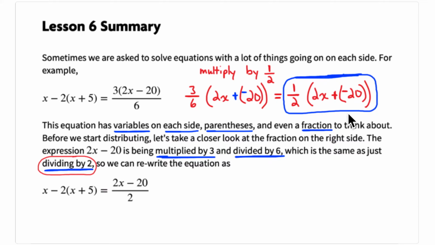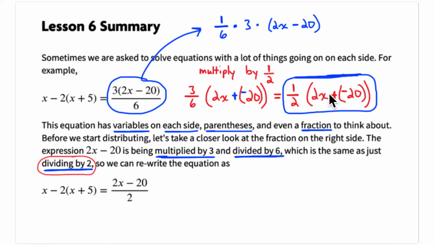So now this is written as 1/2 of this amount. And 1/2 of this amount is the same as taking 2x plus a negative 20 and dividing it by 2. So it's down here, 2x, and I change this to plus a negative 20 divided by 2. So this right here is the same as this expression right here. Now the steps to get from here to here, you can